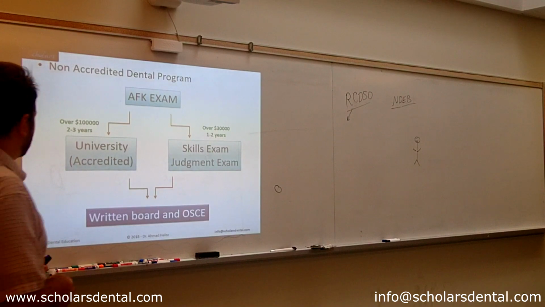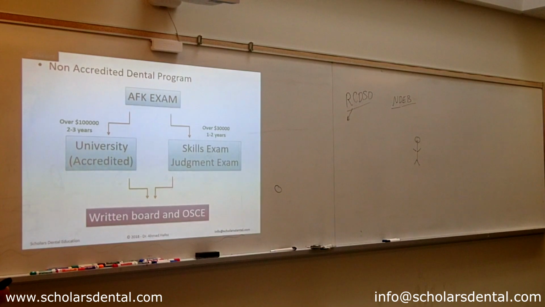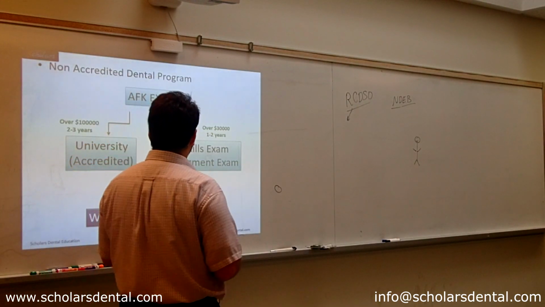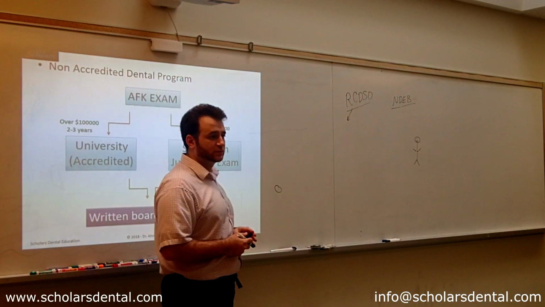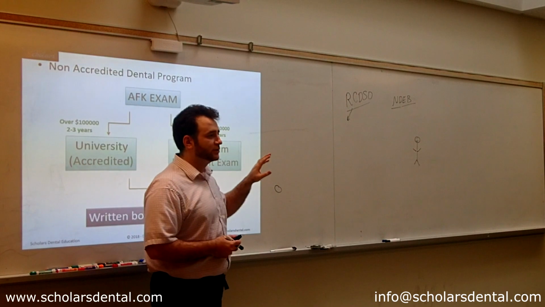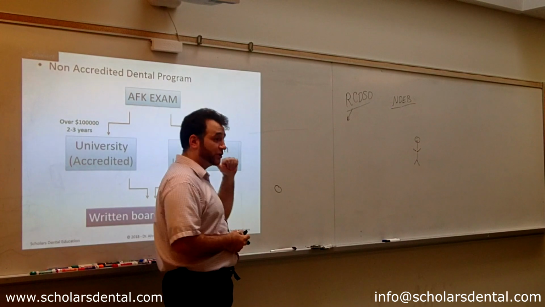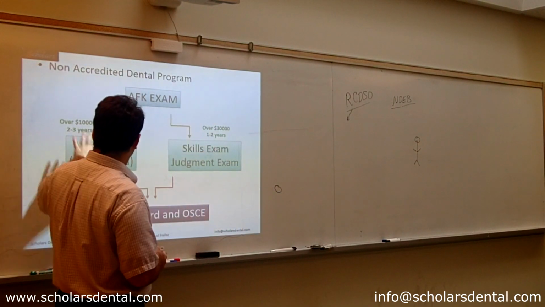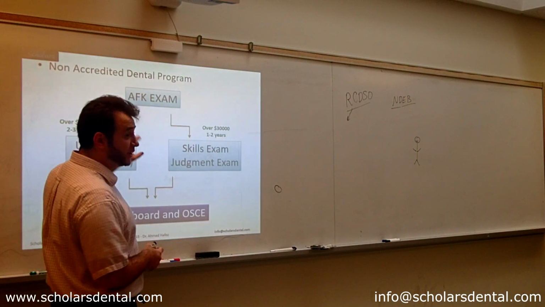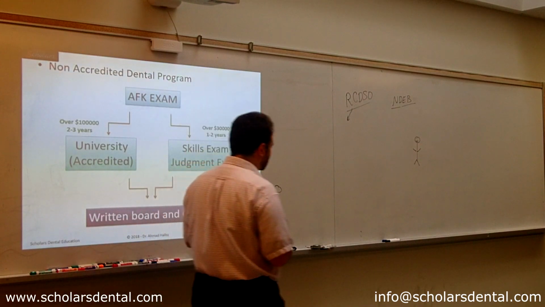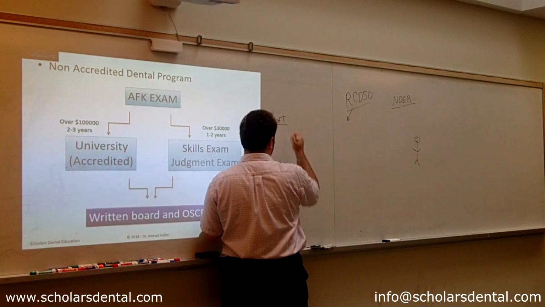So what's the difference here? Let me give you real numbers so that you are aware of the time and money spent. To do the 3 exams on this path, you're looking at around 30,000 to 40,000 and 1 to 2 years. Obviously, that depends. If you fail a bunch of times, it's going to take more time. You could do it in 1 year if you pass everything. The university path is 100 to 200,000 and 2 to 3 years. So, for example, UFT, to get into UFT,